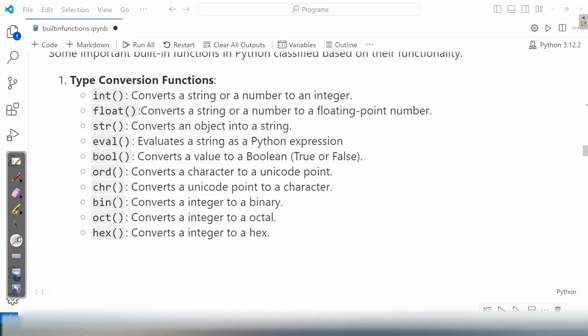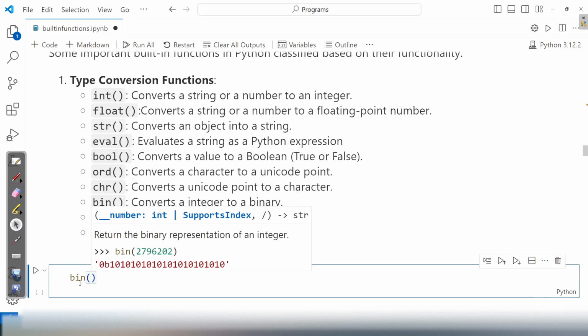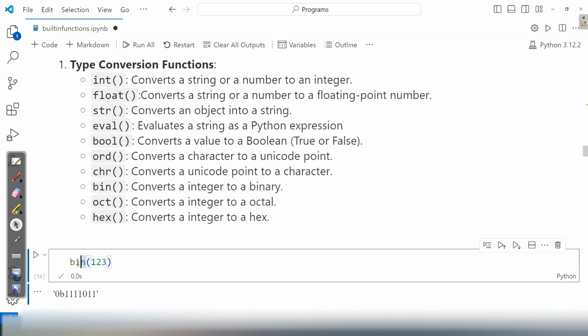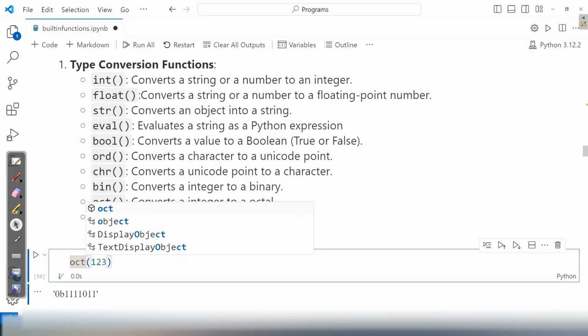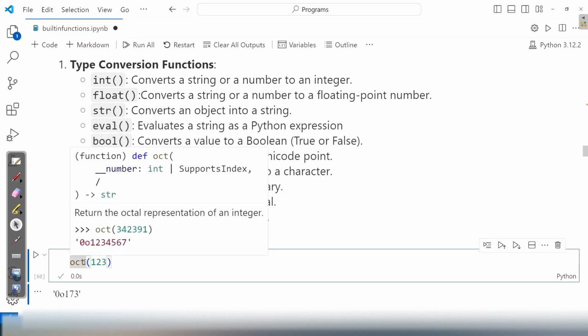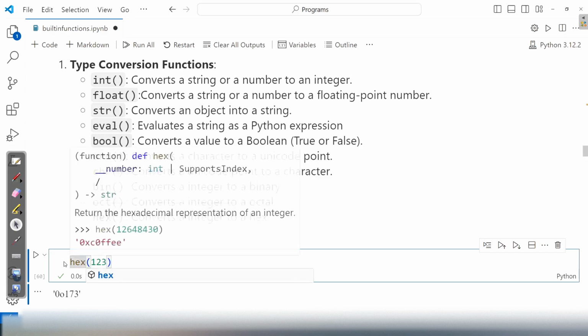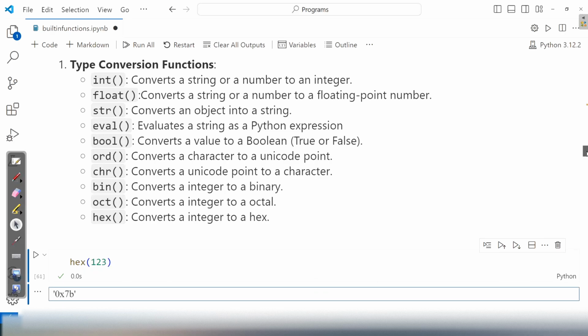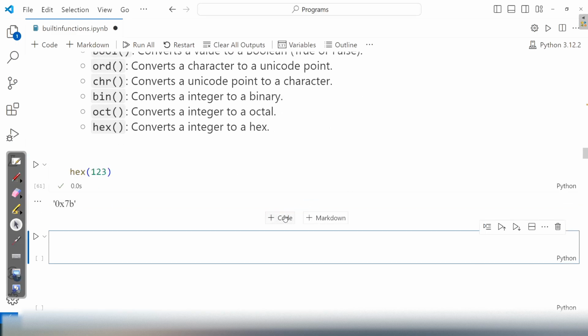If you observe, some of these functions we already explored. If you remember this ord function, chr function, we already explored. Even this bin, oct, and hex also we already explored. If you remember, the bin function converts an integer to binary format. Similarly, the oct function converts an integer to octal format. The hex function converts an integer to hexadecimal format. And what about the next one? Let me scroll down. Now, what about this